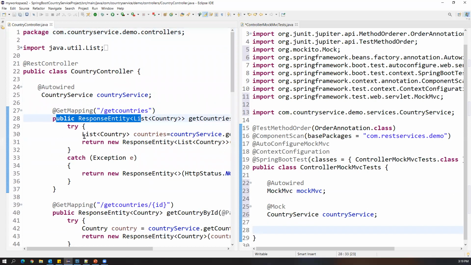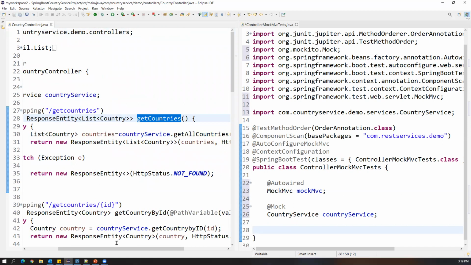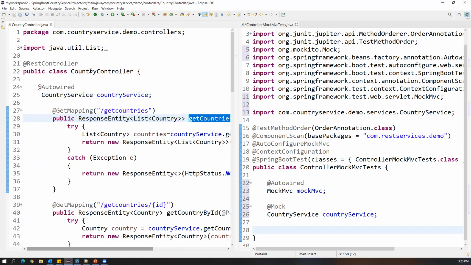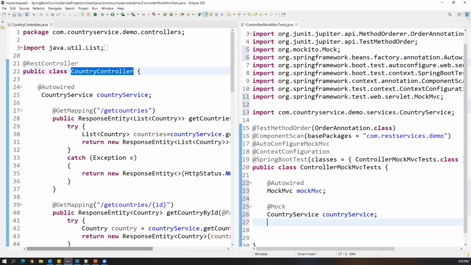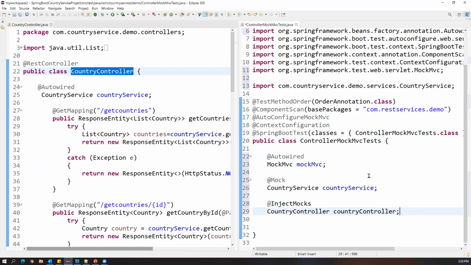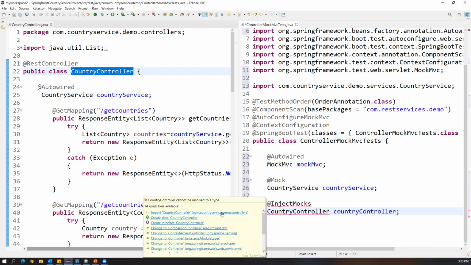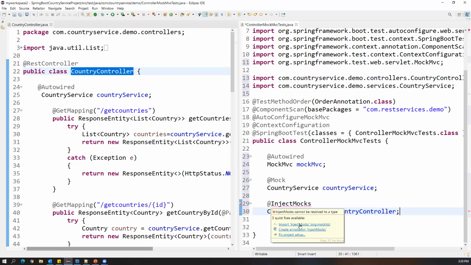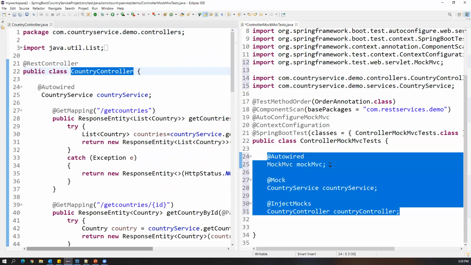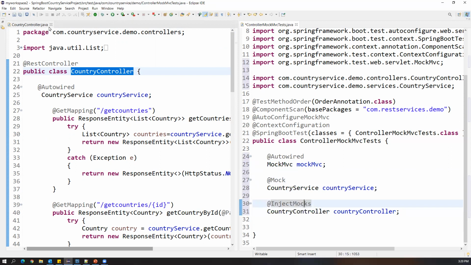If I want to call these methods explicitly, we have to InjectMocks this CountryController class, so that we have to specify. This CountryController we have to import, and InjectMocks also we have to import. So these are the few classes which we have to autowire, mock, and inject mock.